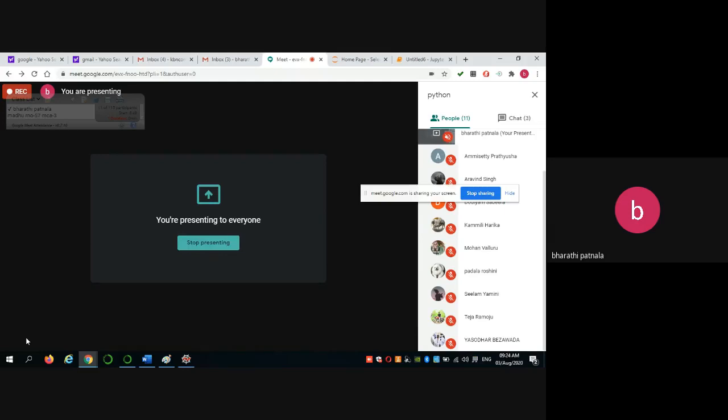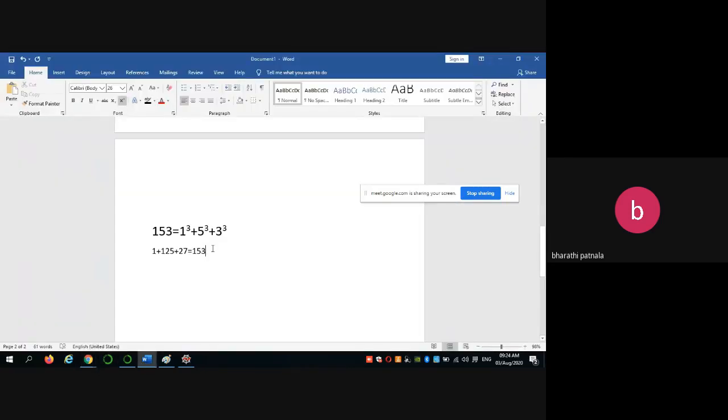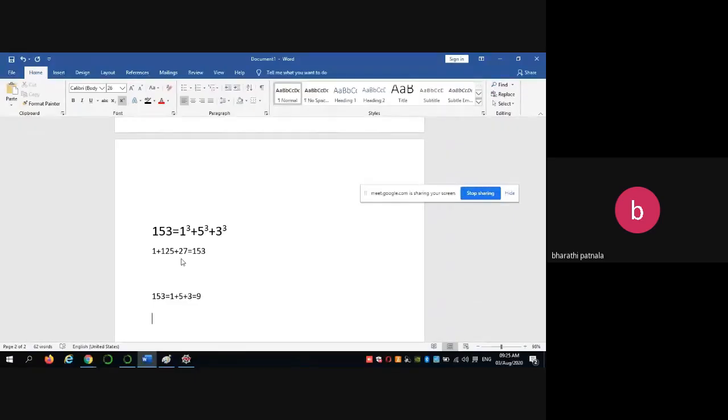Similarly, now you have to explain how to sum the digits in a given number. Okay. Actually, now the program we did is the sum of the cubes of the individual digits. Okay. Now I am giving a program, 153. Now in your given number, how do we have to do it?